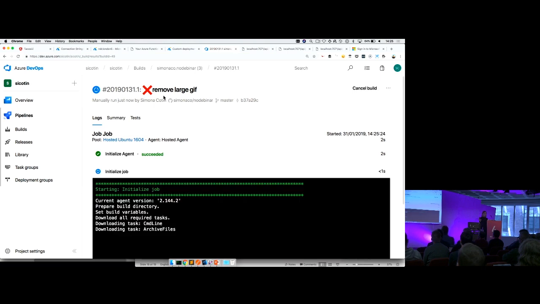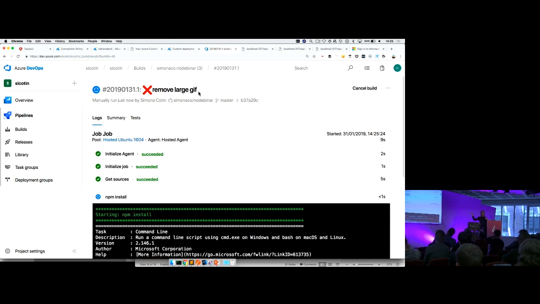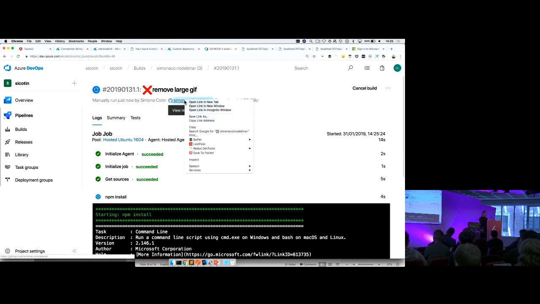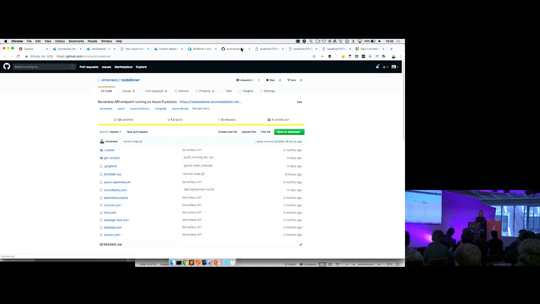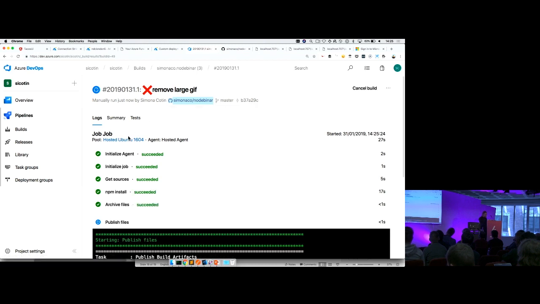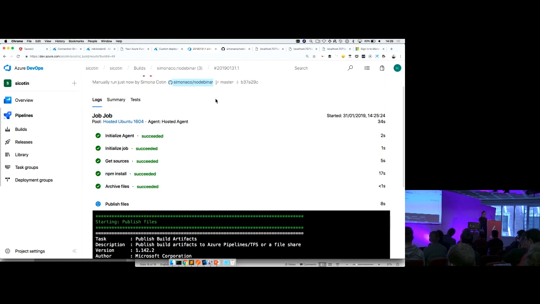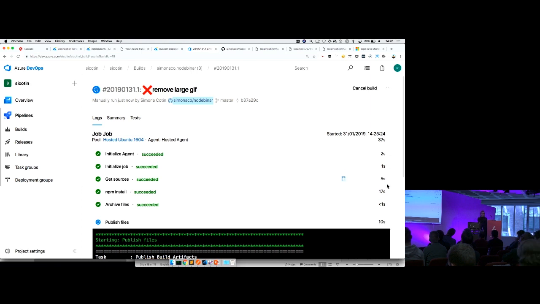And there's a couple of things on this screen. So we can see, first, the message for my last commit on this repository. Then you can see who made this commit. We also have a link to the actual repository where we're reading data from. We have predefined the branch that we're using and the commit number or hash. And then you can see the steps that we've defined earlier with their names. So here, npm install, archive files, how long that particular step takes.